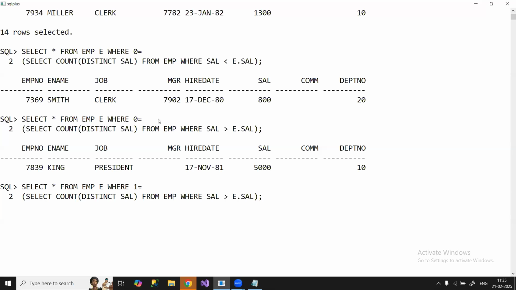After that, ranks are given to the records in memory. The numbers are given like 0, 1, 2, 3, 4, 5, 6, like that. So the main query will have ranks 0, 1, 2, 3, 4. Based on the value we get for the subquery, if it is